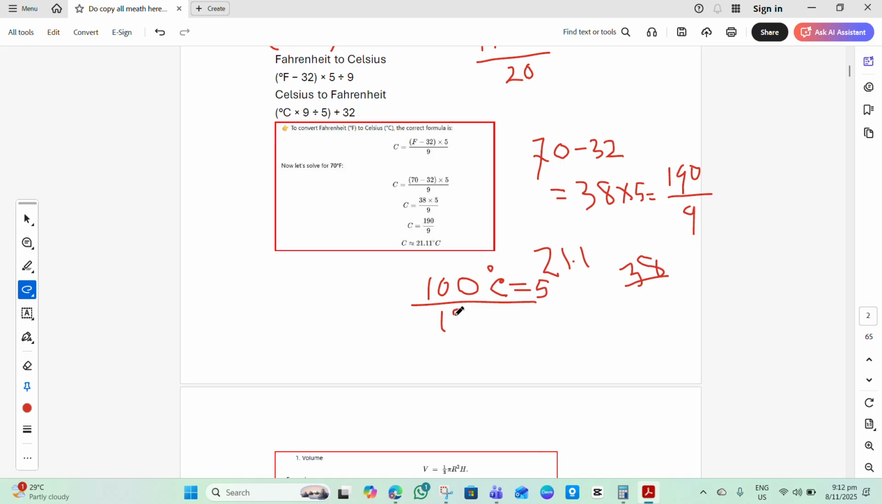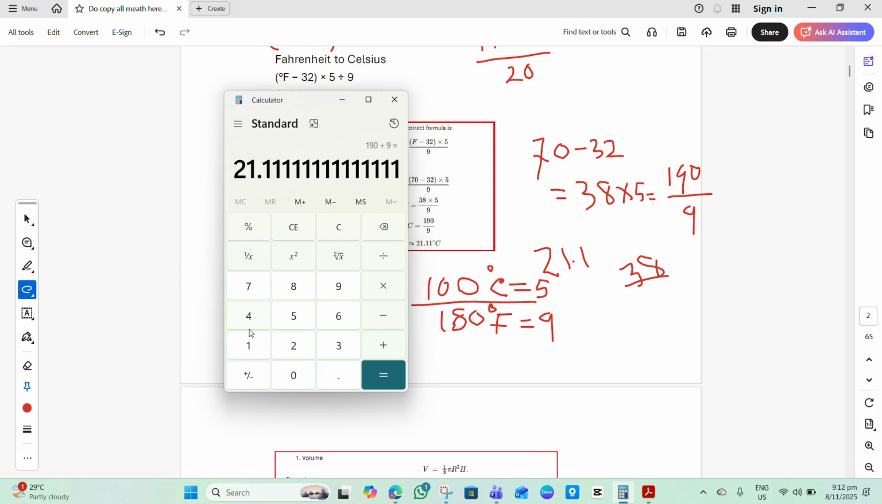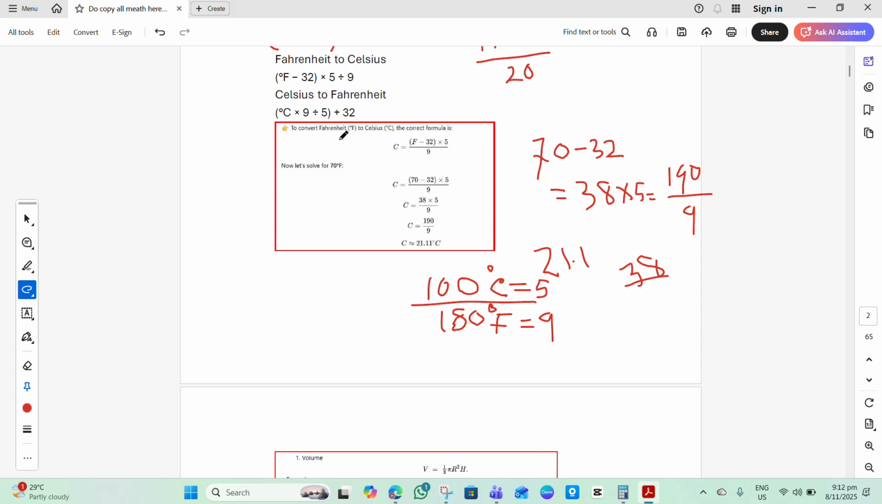180. If we divide 180 degree Celsius by degree Fahrenheit, it equals 9. So we use the calculator. 180 divided by 9 is 20, right? That's why when asking the question Fahrenheit convert to Celsius,